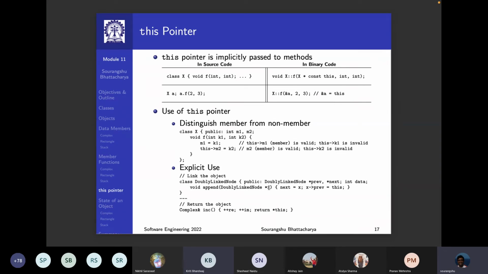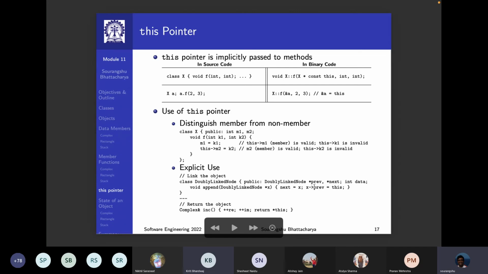You will pass the other node to be appended. This is another object of the same type, doubly linked node. For the current object, this arrow next will be equal to x, but also